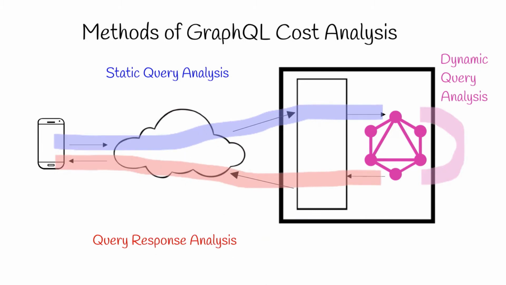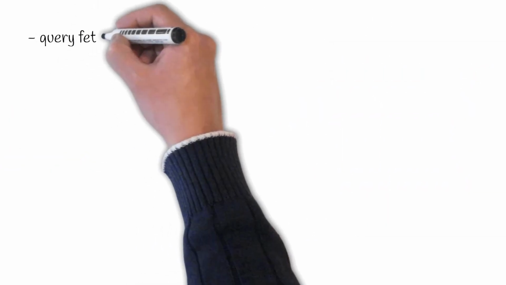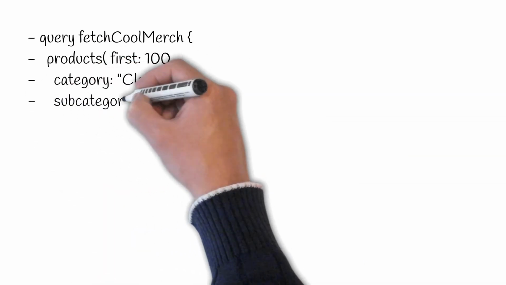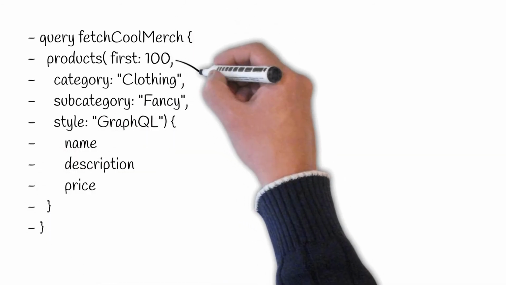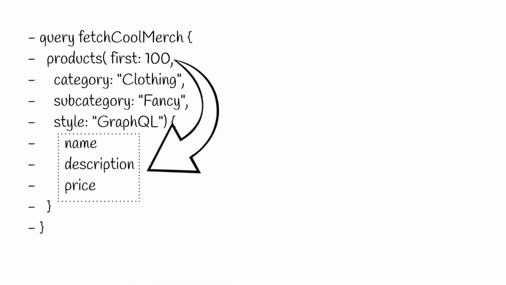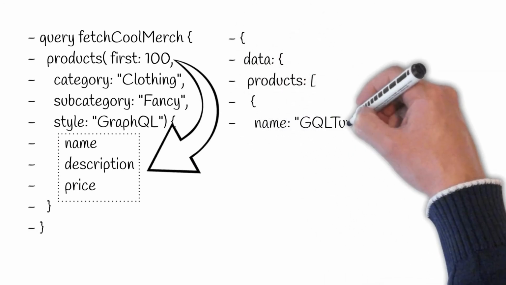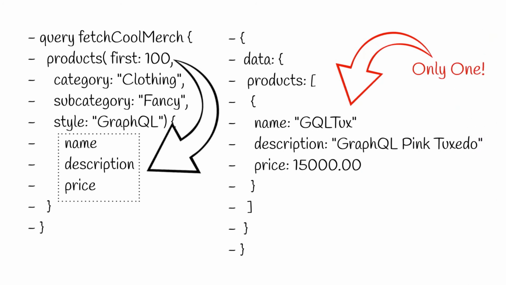Why do we need more than one kind of GraphQL cost analysis? Imagine a request at a retail store for up to 100 products in a special category, and some details about each product. A static analysis of the query tells us that we might gather the details by calling those resolver functions 100 times. But if the search criteria matches less than 10 products, then the server would call each of those resolver functions less than 10 times.